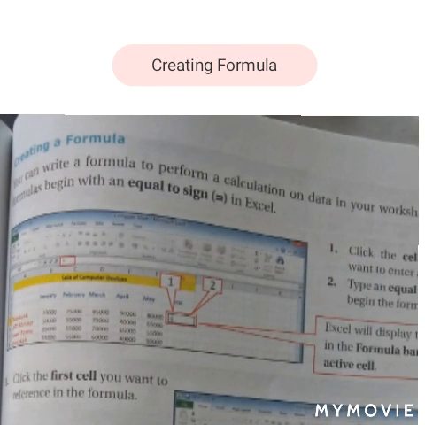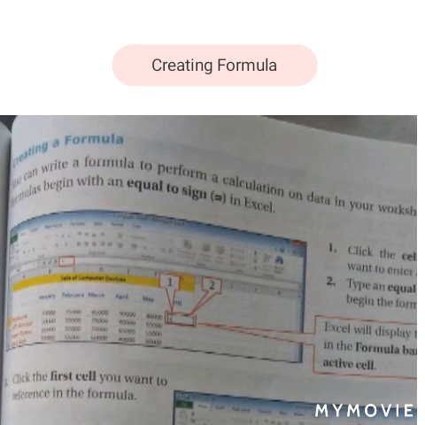Now you have to open page number 97, in which I am going to explain how we can create a formula. First of all, as we know, formulas always begin with the equal to sign. To create a formula, first click the cell where you want to enter the formula.